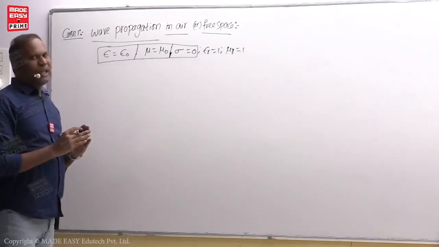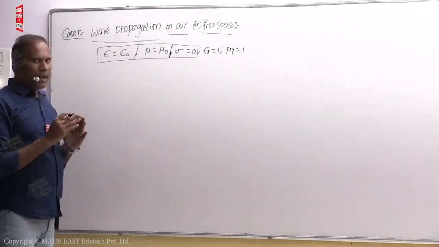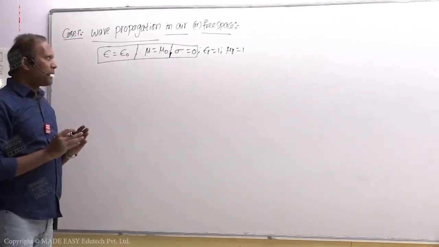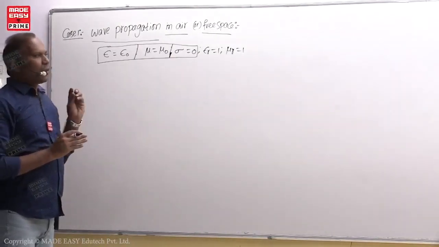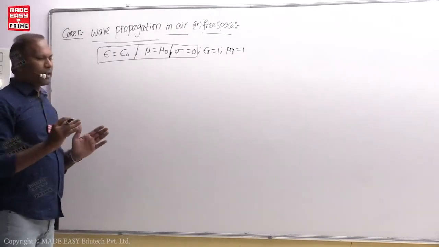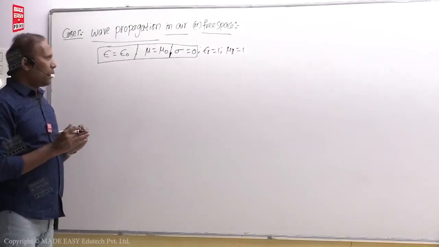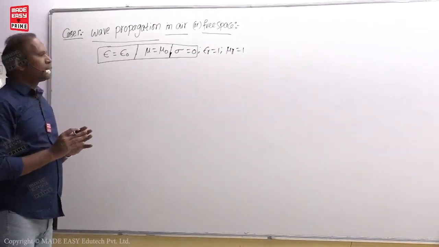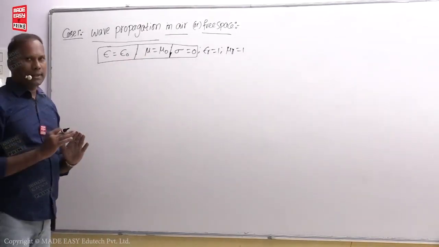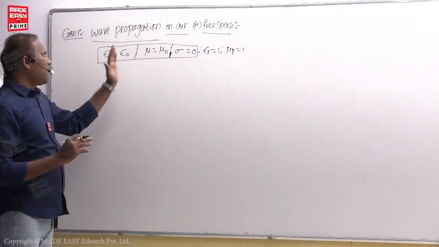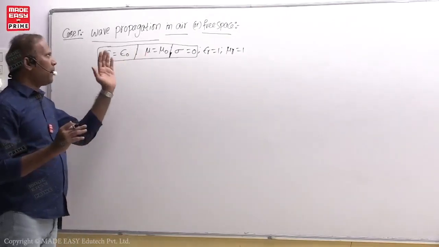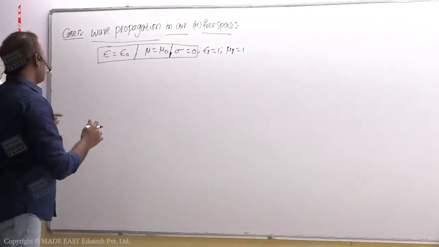Now we have written so many equations: electric field equation, gamma equation, velocity equation, impedance equation, magnetic field equation, average Poynting vector equation. We wrote general equations. You have to remember them thoroughly. They were in the box actually. You have to remember them well. Now you have to substitute these parameters in those equations. Then wave propagation in air medium will be completed. Study of wave propagation in air medium will be completed. So now first one,